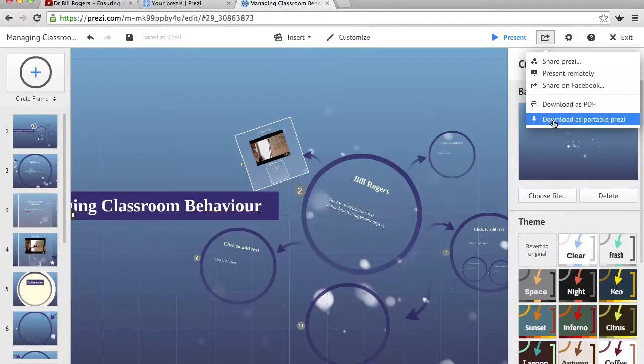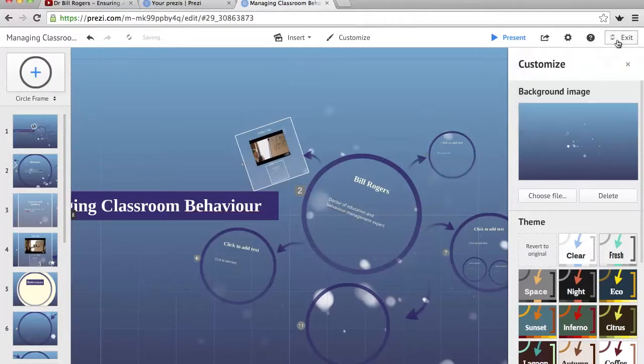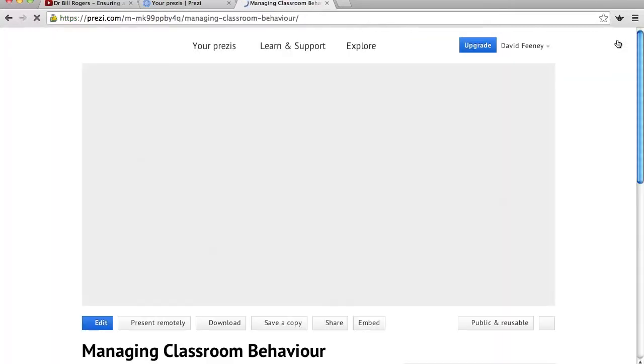You can also download it as a portable Prezi. So if you had a laptop with you or an iPad, you could plug that into a smartboard projector, carry on with your Prezi regardless of what the systems were working in regards to internet connectivity. Now if I exit, it does actually save, so don't worry about it not saving. If I now exit, it should pop this next to the new Prezi sign that we've originally started with,